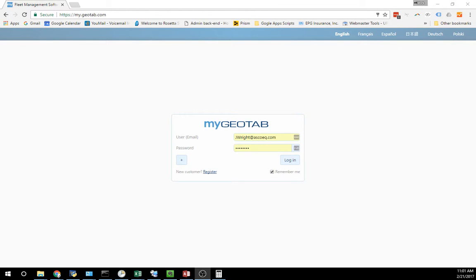Just a quick tutorial on my GeoTab. You'll go to my.geotab.com and put in your username and password. Your username is your email address, and your password is whatever you set up when I sent you the password reset email. Hit login,